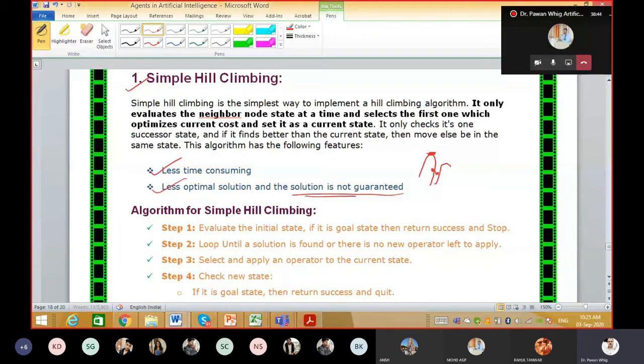But in this simple hill climbing, since you are moving forward, it is not guaranteed that you will find the top of the hill. Sometimes you are moving, like I'm giving you an example. Let us suppose that this is a 3D figure, and if you move in this direction, you will reach the top. But let us suppose Rahul or somebody else is moving in this direction. This is a 3D figure, let us assume, and he is in the wrong direction. So he is covering the whole mountain to reach the top.